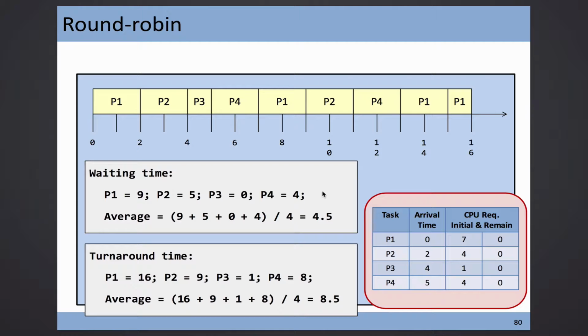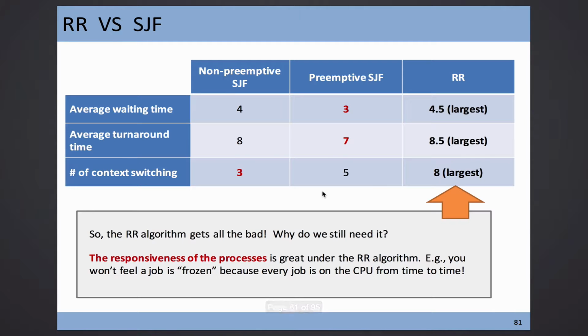So the numbers aren't important as long as you don't have any comparison. Let's go to the comparison. The comparison is, yeah, very bad. It is the champion for the worst performance: the most unhappy scheduler, the longest time that you stay inside the system, the turnaround time, and the most number of context switches.